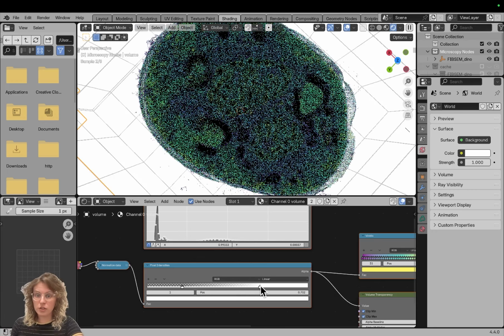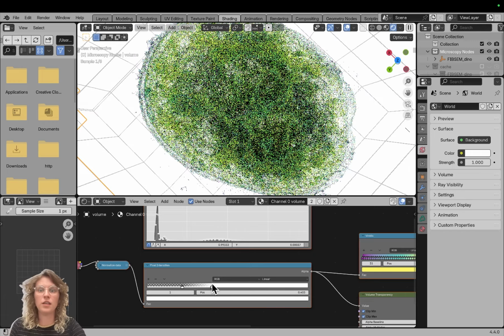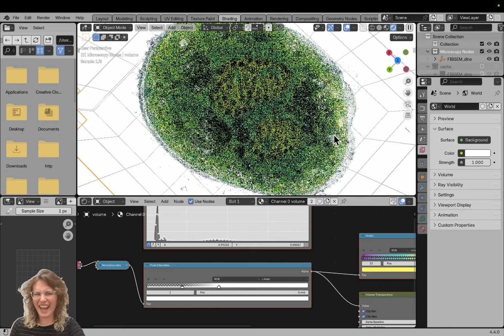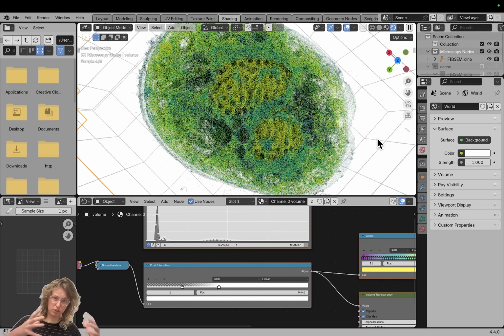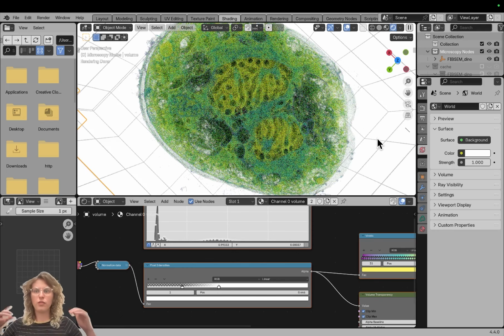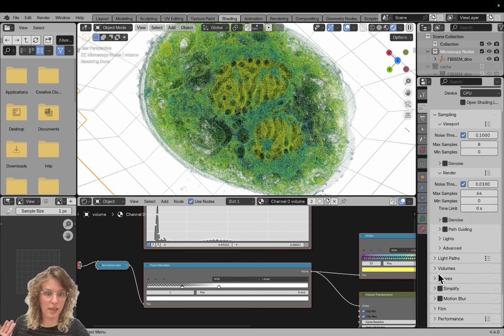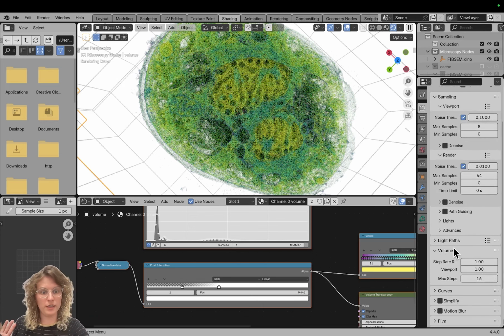And it already looks quite fun and quite nice, but it doesn't look as pretty as Blender can look, and that is partially because the presets that Microscopy Nodes comes with are made for very fast rendering, because a lot of people don't have very strong machines. And here I am on a relatively recent MacBook Pro, so we can crank up some of the settings. And there the most important one is in render settings here,